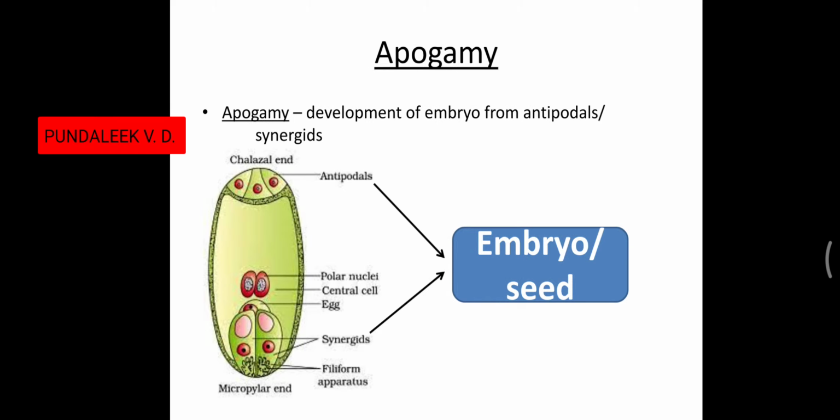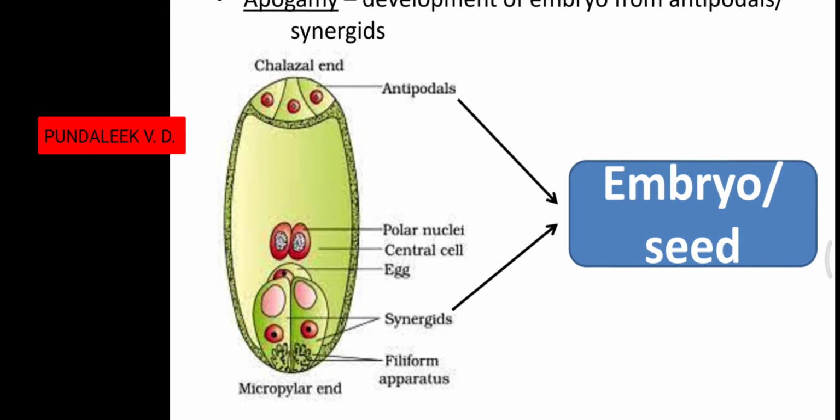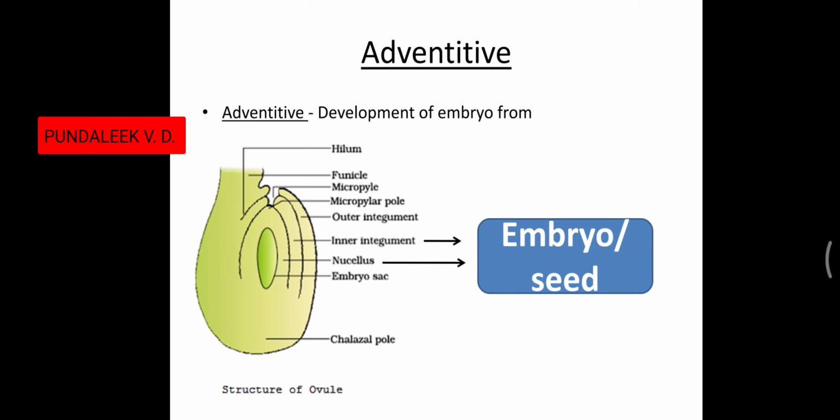Then the second case is apogamy. Apogamy means that apart from the gamete, the embryo sac has antipodals and synergid cells. If the embryo has developed from those two kinds of cells, either antipodals or synergids, then the condition is called apogamy. So note that if antipodals or synergids contribute to the development of the embryo, then the apomixis is called apogamy. And next